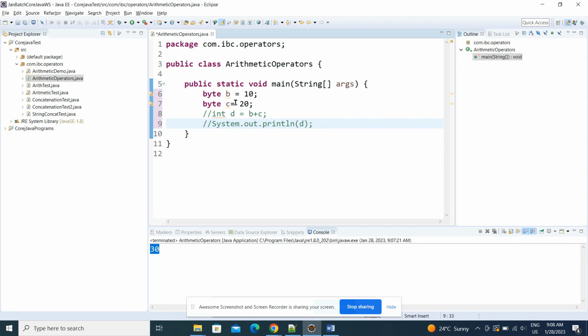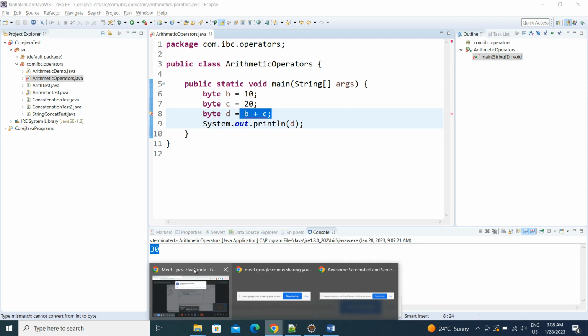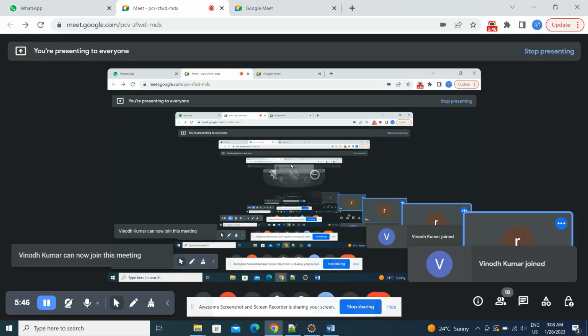Now, in case of integer, it is not giving any error, right? In case of byte, will we get output or error? Now let's see. It is giving error. What is the byte max range? 127. So by combining these two, b plus c is 30, right? But still it is giving error, right or not? Why is it giving error? The reason is